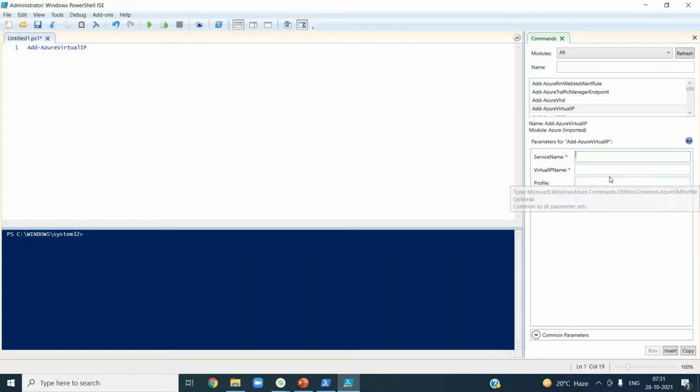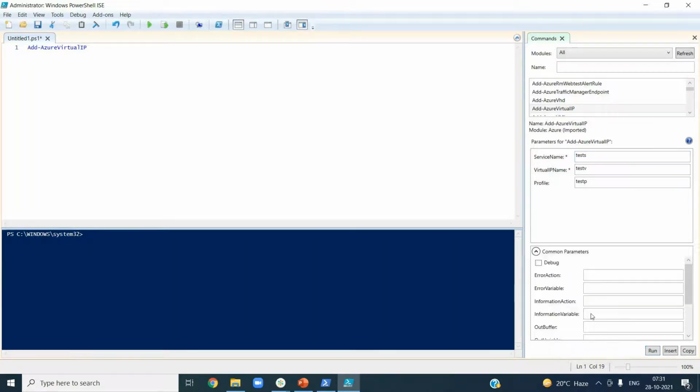Now you see, when I show details of this Add-AzureVirtualIP, it is asking me for a service name. It is mandatory. Let us say some test virtual IP name, test P, test B, test S. Then say run.